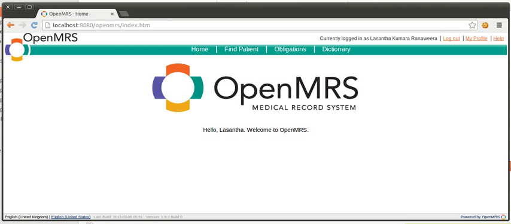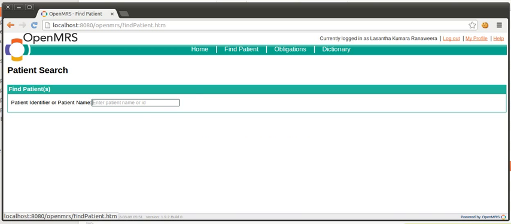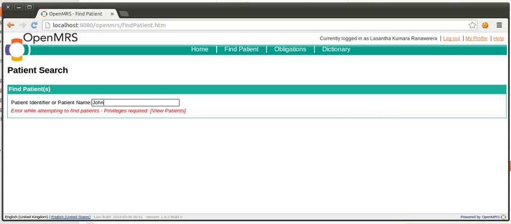But though he is able to log into the system, he cannot use certain services in the system, for example, this find patient service. This is because he has still not been assigned privileges. To assign privileges,